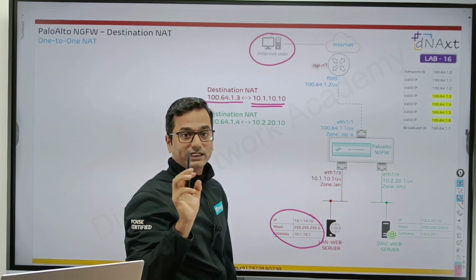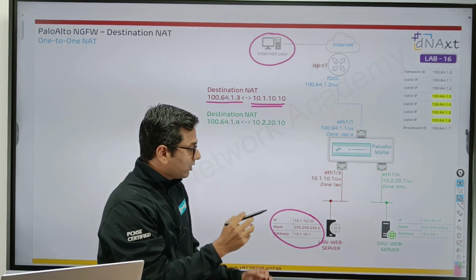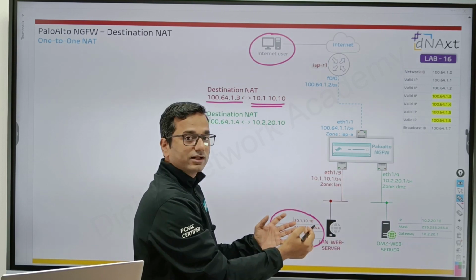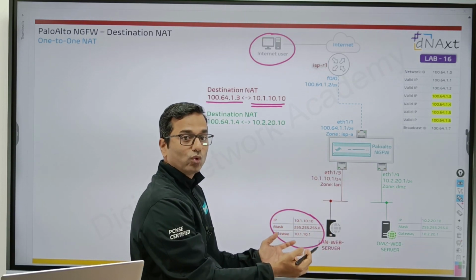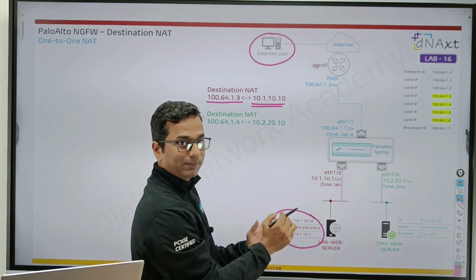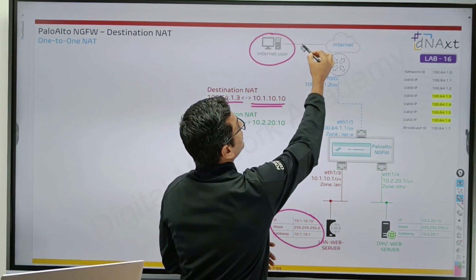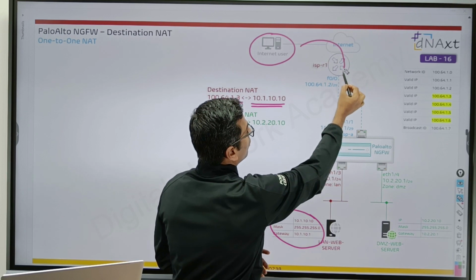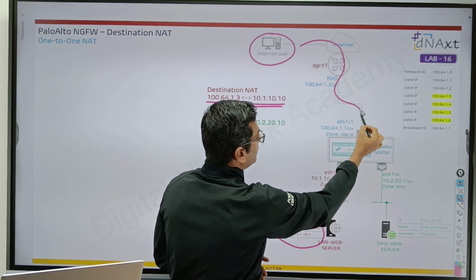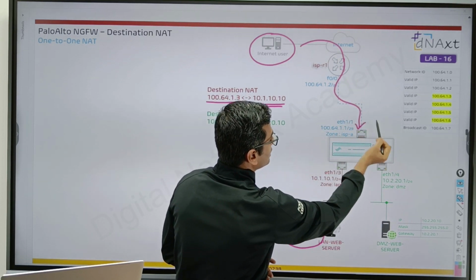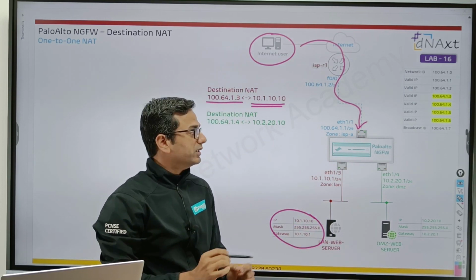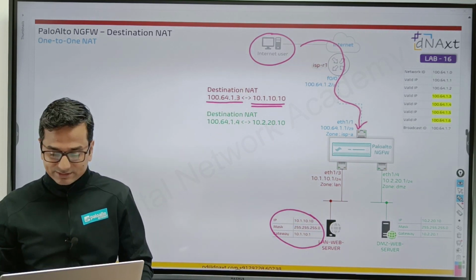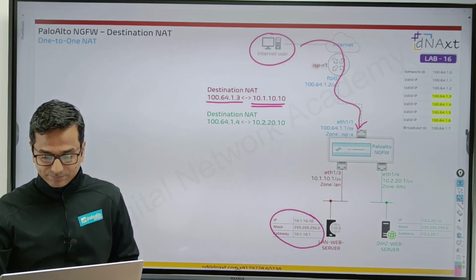We don't want source NAT here. Why? Because internet users are accessing our LAN web server over the internet. So what will happen? The firewall receives the packet from outside on interface Ethernet 1/1. Is it clear? Okay, let's go and configure the destination NAT step by step.